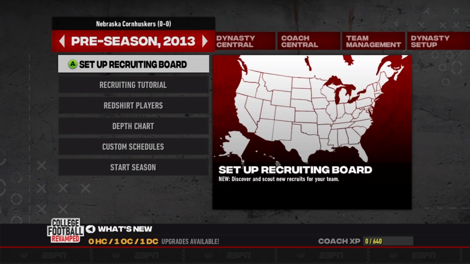I am using Seagator's sliders and a patch for that, which sets a bunch of stuff in the game to make it more realistic. I'm also using Fang's recruiting tool, so the recruits are much better and much more realistic. I've decided the first 3 seasons we're going to sim the games out. I may play them out, but I'm not going to show a lot of gameplay as we build out the